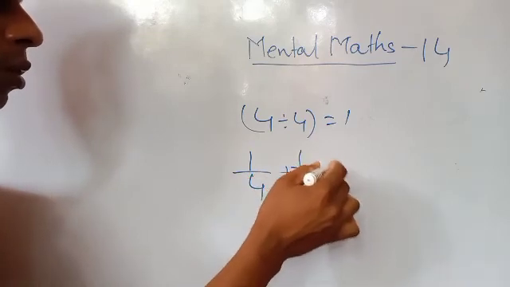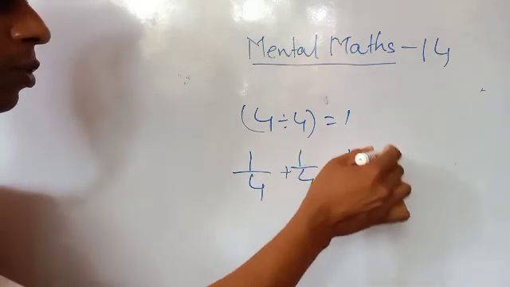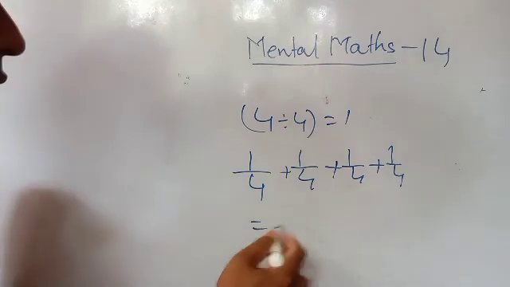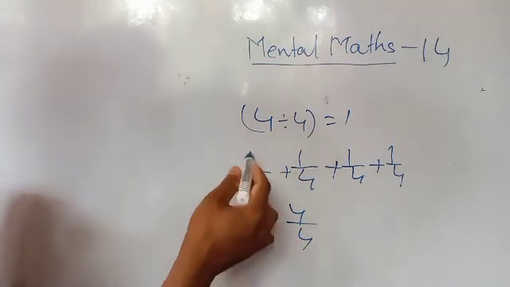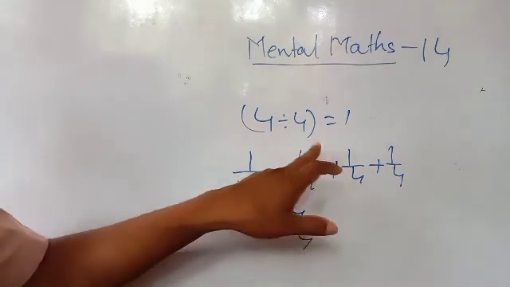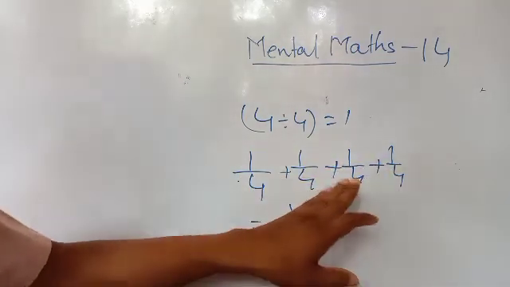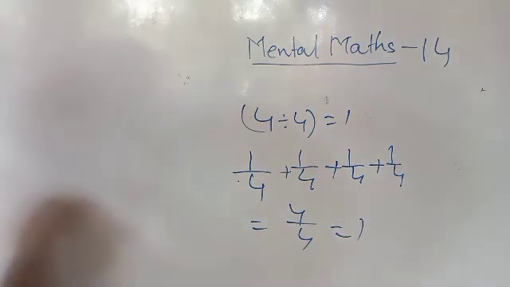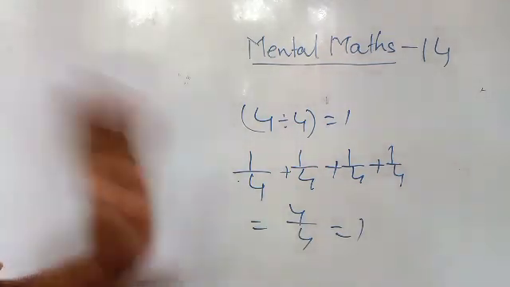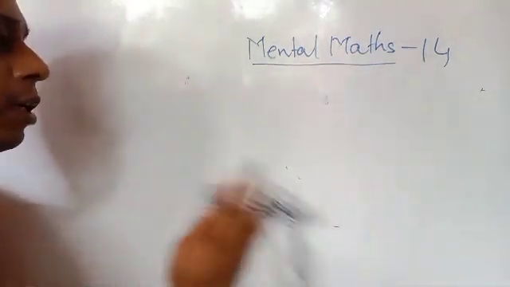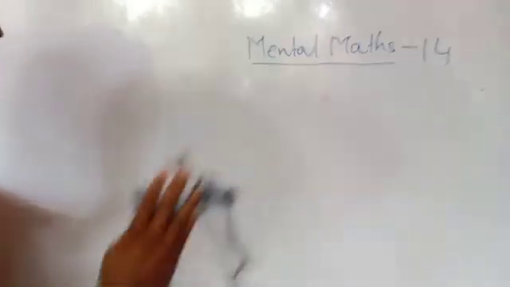You will add 1/4, 1/4, 1/4, 1/4, then 4/4 part we will get. 1/4 part, that is 1 part out of 4 parts. Then again 1 part out of 4 parts. Then how many parts are we getting? 4 parts out of 4 parts. That means 1. So 1/4 of a whole or of a number means the number will be divided by 4. Then you will get the answer.